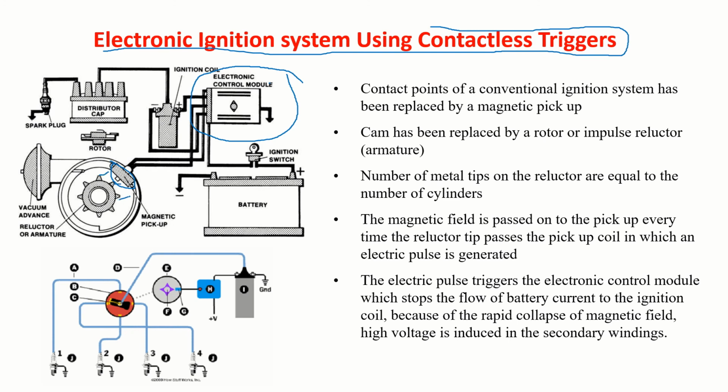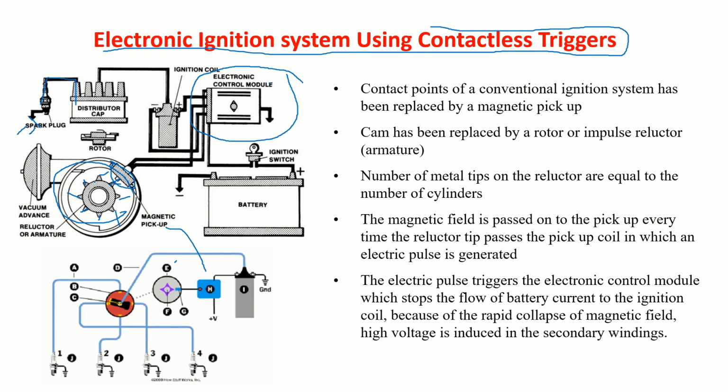Suppose 1, 2, 3, 4, 5, 6, 7, 8 cylinders, like say. So when this gets aligned, as I explained earlier, it will say that a high voltage is induced and that will go to that particular spark plug. From the distributor, it will go to the particular spark plug and it fires. Of course, you have your vacuum advance mechanism and all that. Whole idea here is you can clearly see that these are completely contactless triggers.